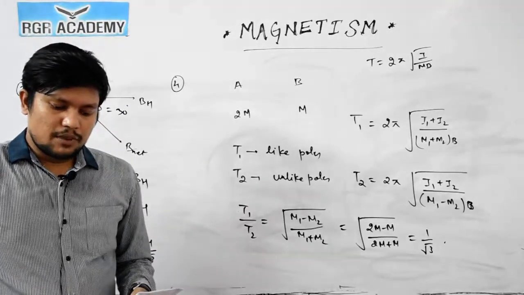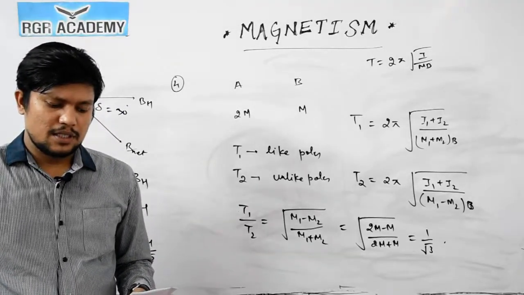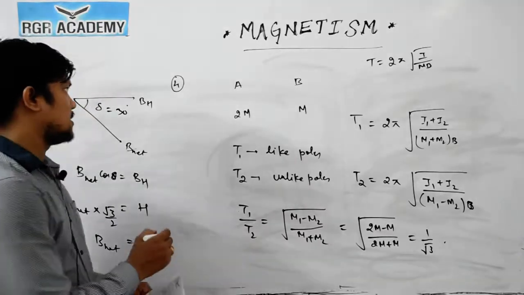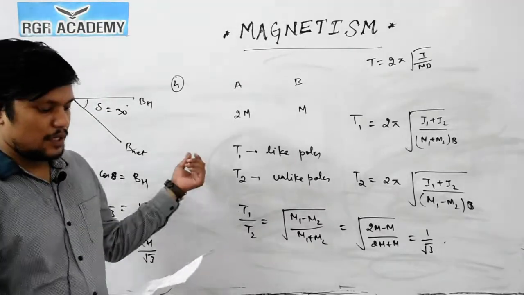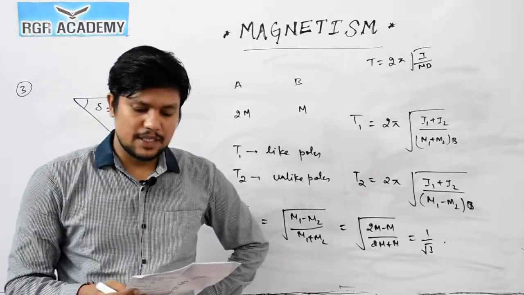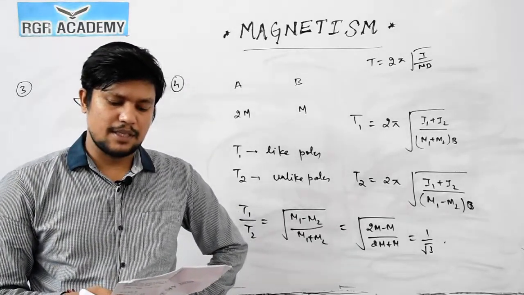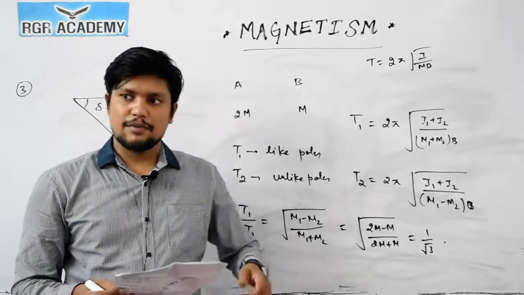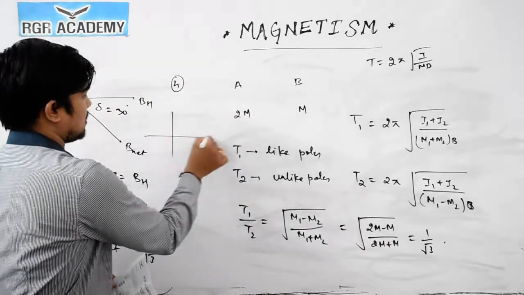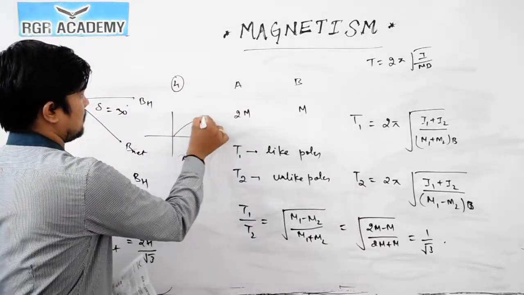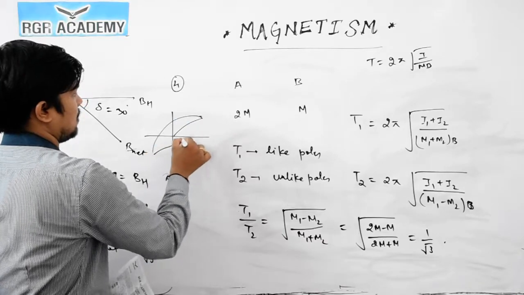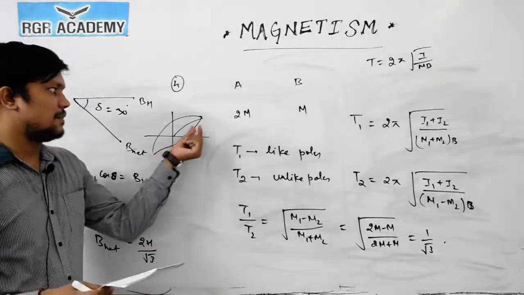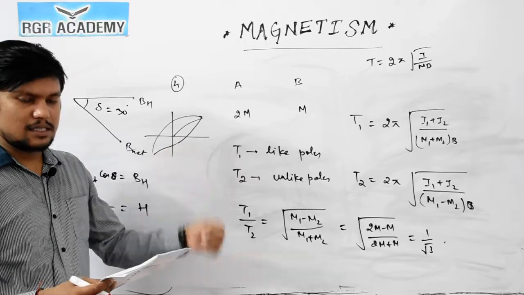Theoretical question, which of the following statements is incorrect about hysteresis? As we have seen the hysteresis loop. Okay. So about that loop they are asking the questions. The shape of the hysteresis loop is characteristic of the material. So that is correct. The shape of that hysteresis loop will depend on the characteristics of the material. Like this, we have drawn the hysteresis loop like this. Okay. So the shape of this will depend on the characteristics of material.